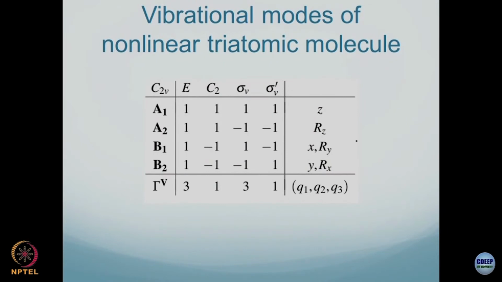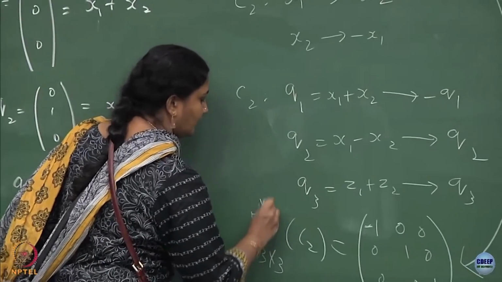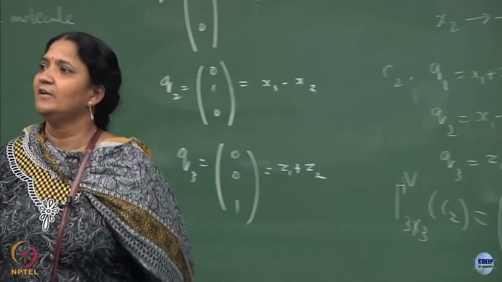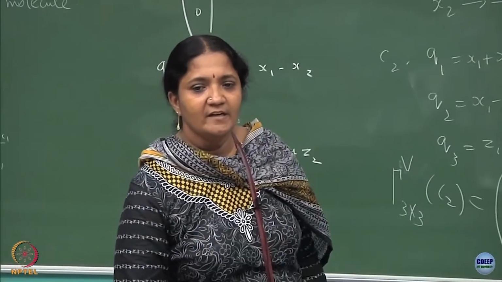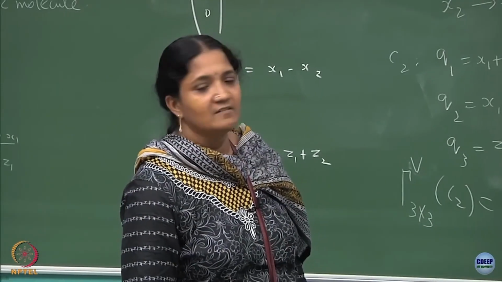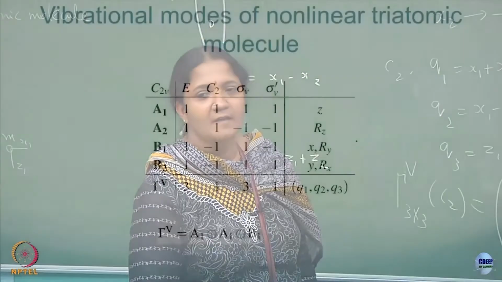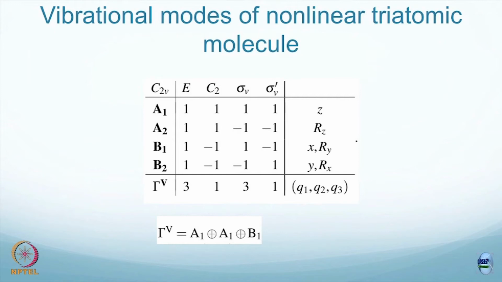This representation is reducible, and the notation I am using on the slide is V. It is a reducible representation, and you can find the characters for the identity element. Of course, the trace of the 3 cross 3 identity matrix is 3, and the xz plane will also be an identity matrix. So, that trace is also 3. For the C2, of course, you can see that the trace turns out to be 1, right. And similarly for sigma V prime, which is the yz plane, you can find out what is the trace.